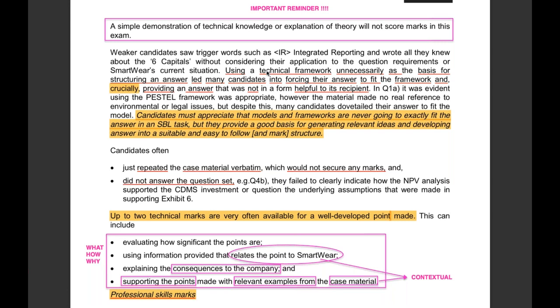What it means here is that, let's say you use PESTEL, and you know that PESTEL has 6 components, and you want to make sure that all elements of PESTEL actually appear in your answer, and you try to fit whatever information in the exhibits to reflect that they have all the 6. Not necessarily. Sometimes you only have PES, you don't have TEL. So make sure